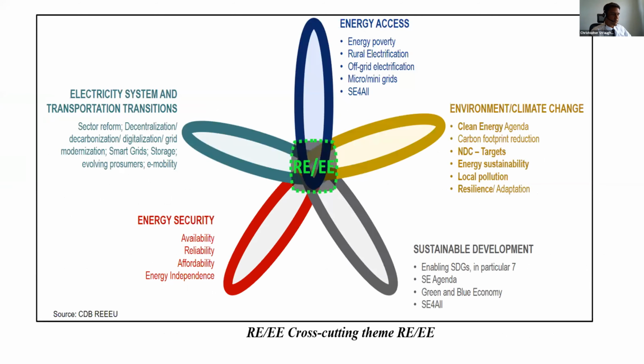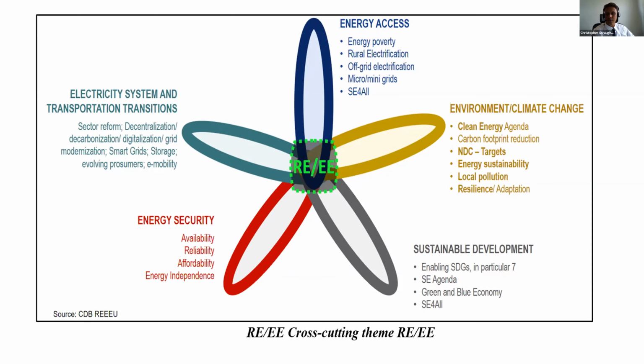So forgive my graphic art, but one of our main goals is to also ensure that renewable energy and energy efficiency is a cross-cutting theme within the bank. And this slide is to try and illustrate what we mean by cross-cutting theme. So it can be considered to be a key element or hub between several overlapping strategic areas of the bank